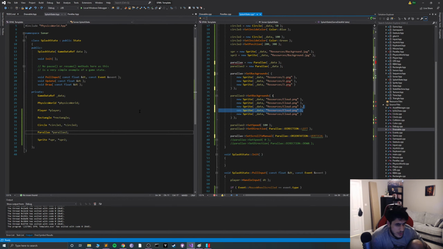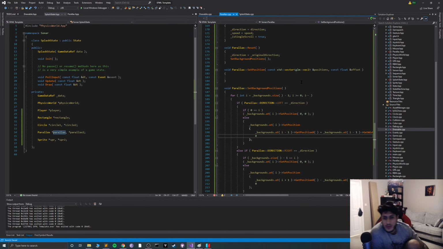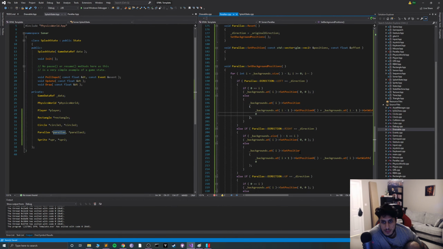Let's go back to a full 5. Let's undo this. Okay, so I'm gonna look into Parallax CPP. I feel like it's gonna be something based on where we set the background positions. So what I'm gonna do is